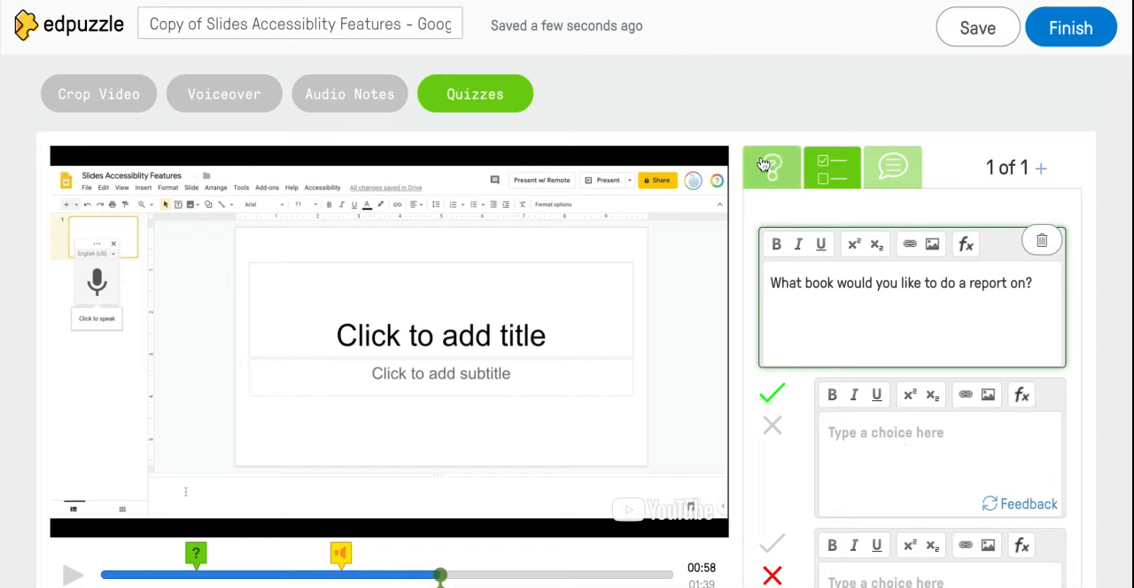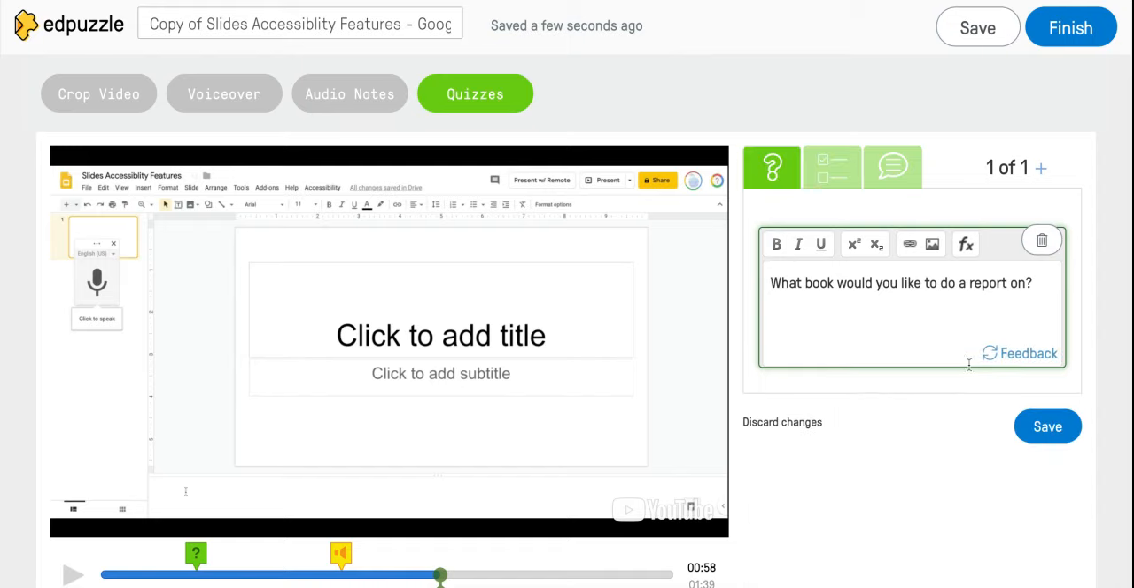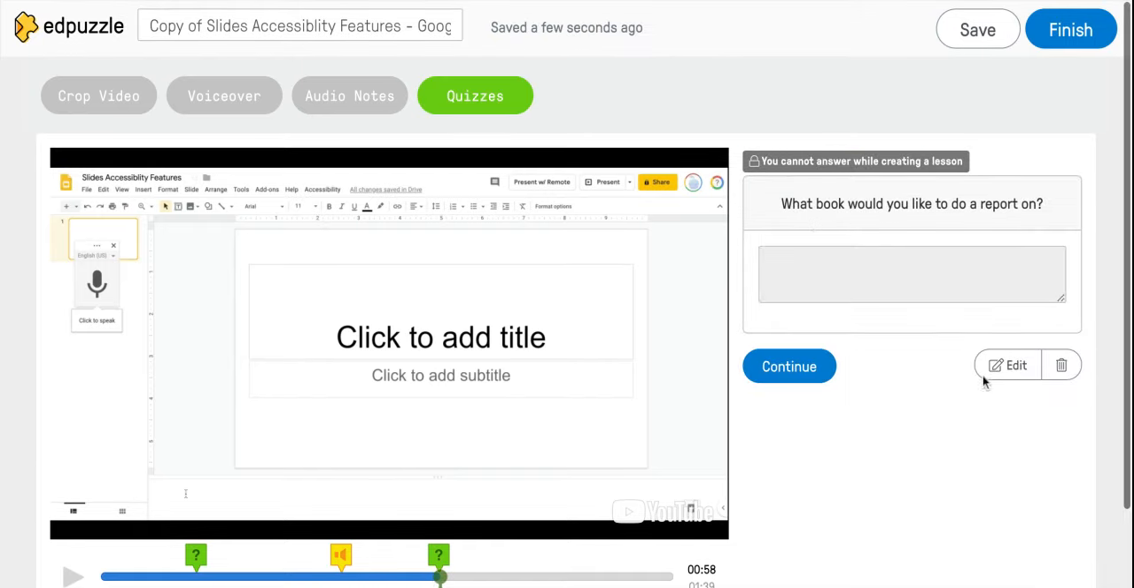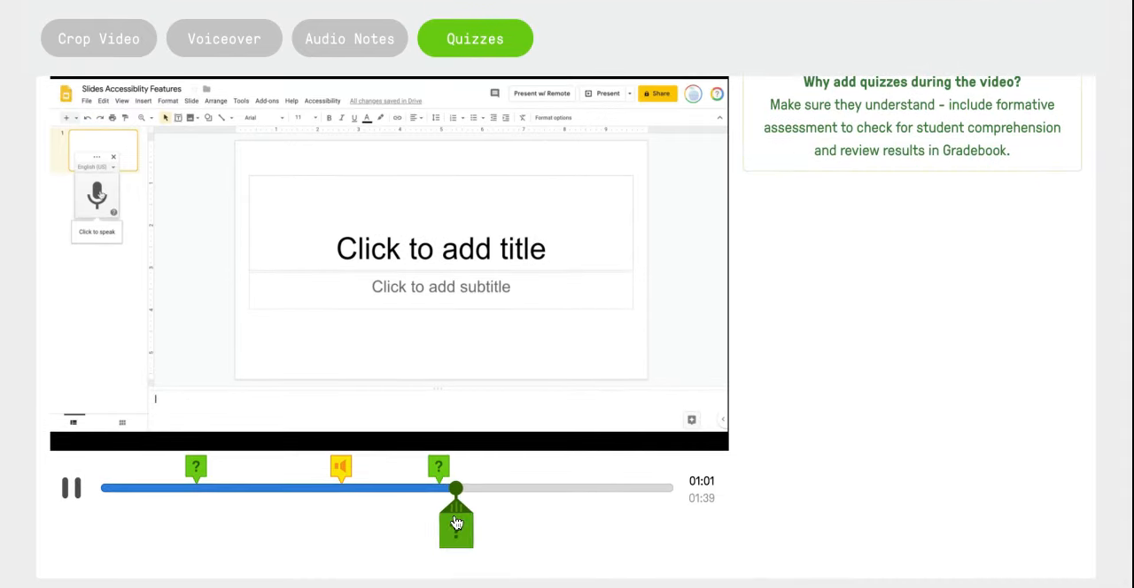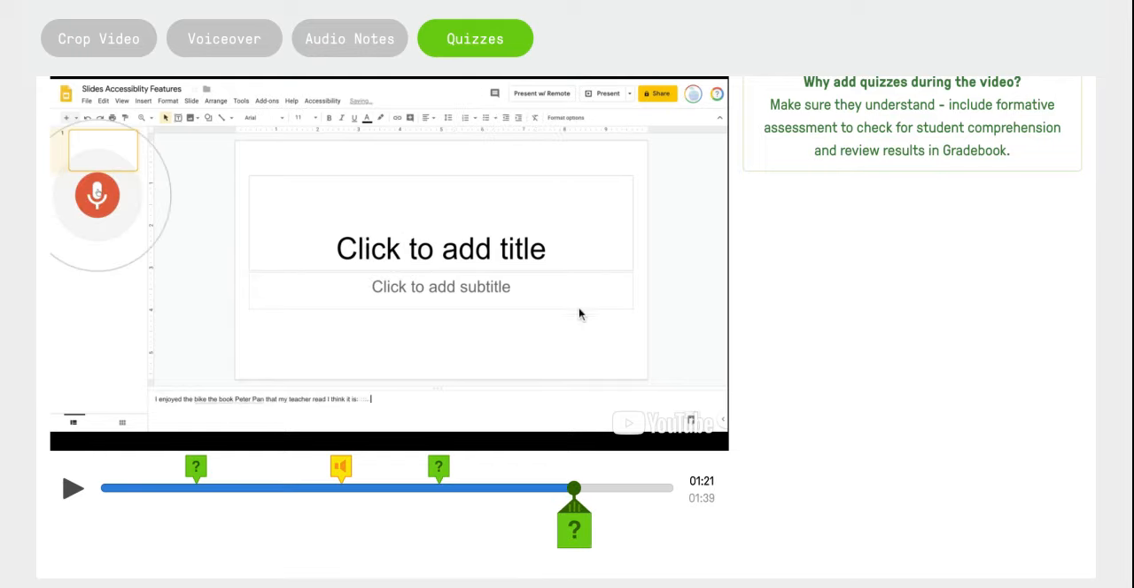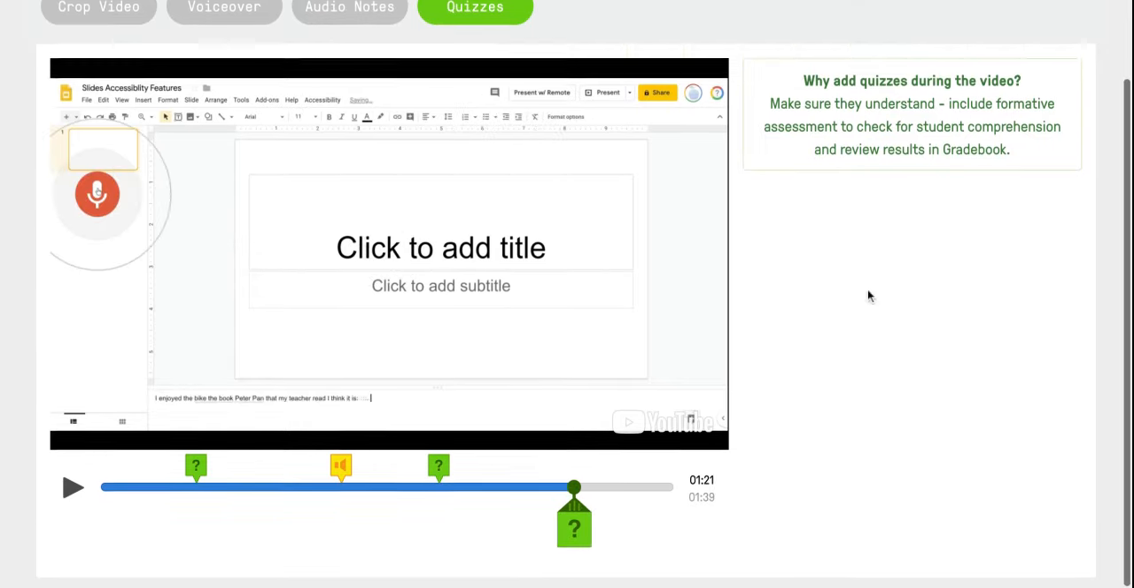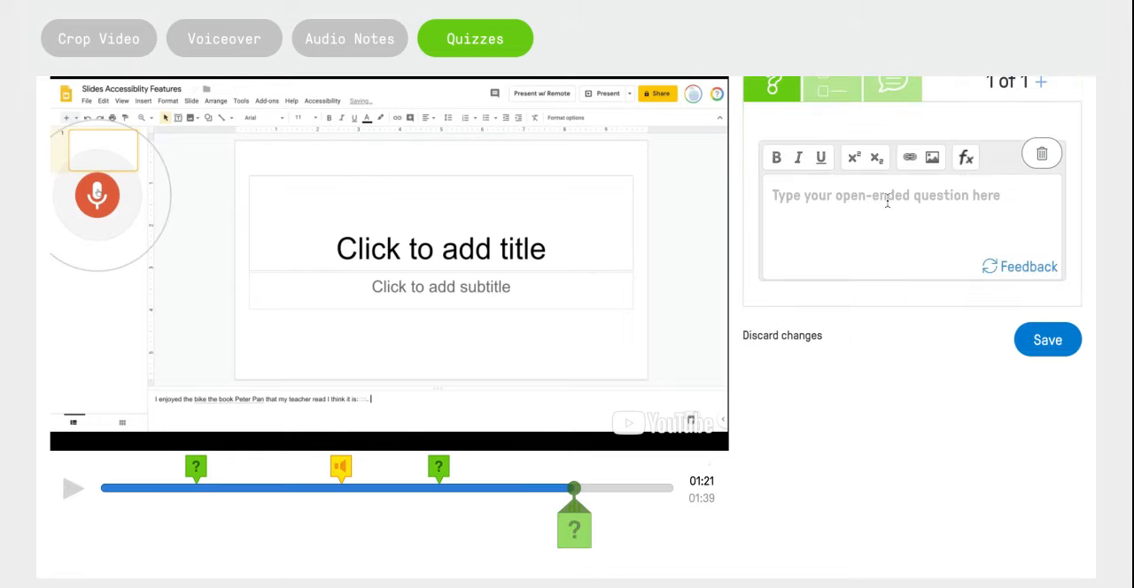So I can use this as an open-ended question, and here is a spot for the students to type in. I can edit the question. I can also throw it away later, okay? But I have to hit continue presentation, okay? So when I click on this, all right, now the last thing I want to show you is that with multiple choice questions,